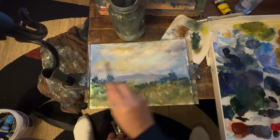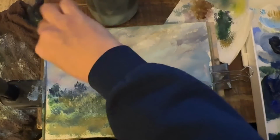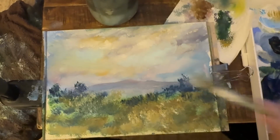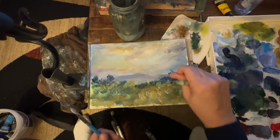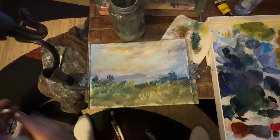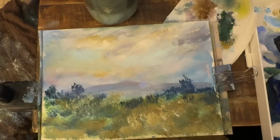Just a little light blue in there sometimes can give you just a little effect, just to vary up that sky a little bit, and just put a little bit of life in there, even in here. Well, I just messed up that mountain, didn't I? Well, still have purple over here. I don't know if you can see this on the camera here, but there was a little...